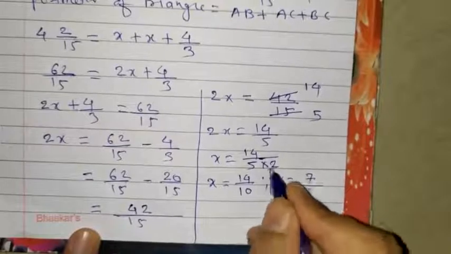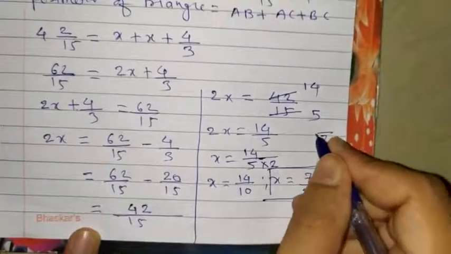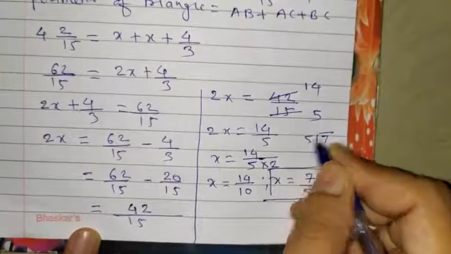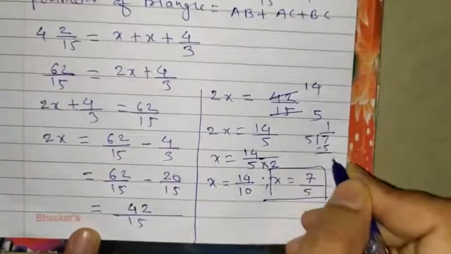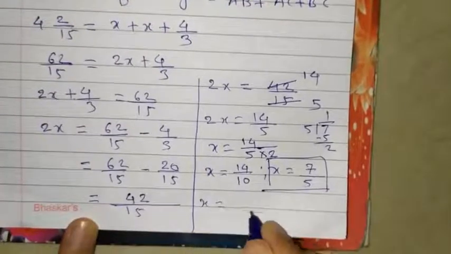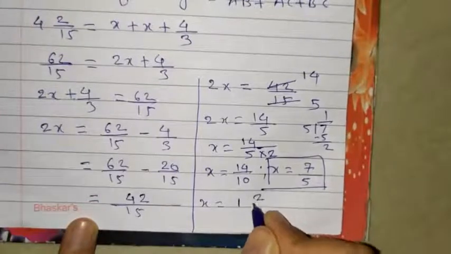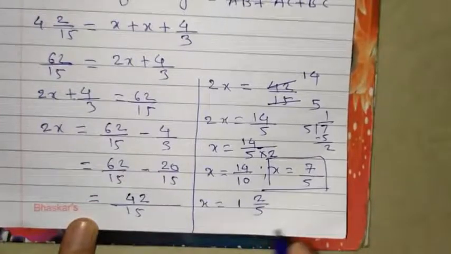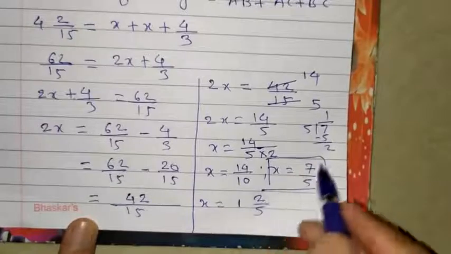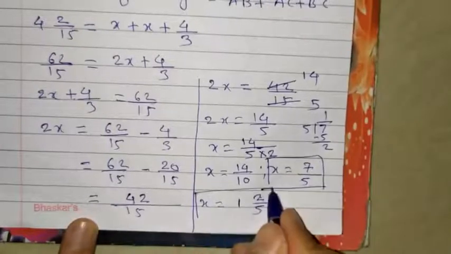So the x value we got 7/5. So it means 7 you can divide by 5. Remainder will be 2. So it means x equals to 1 2/5. 5 will be as it is. Here 1 you should write first and then the remainder you write upside. So x is